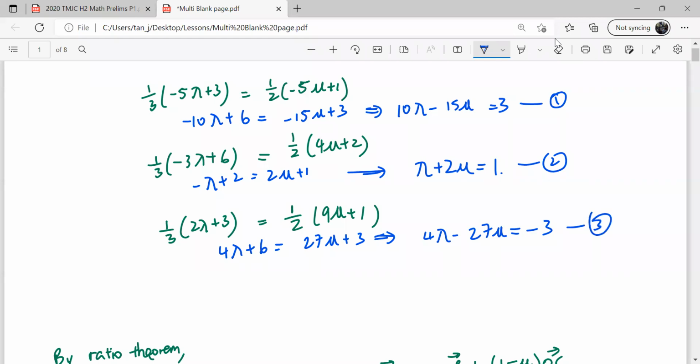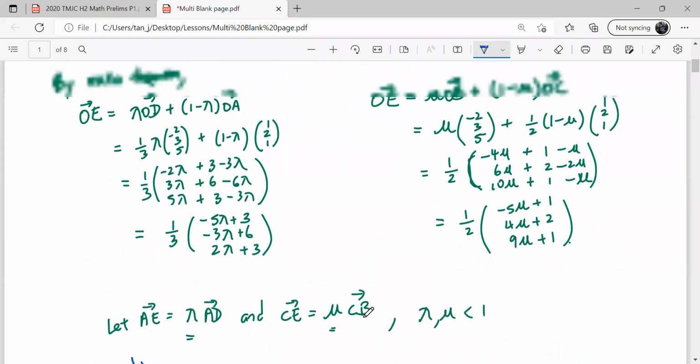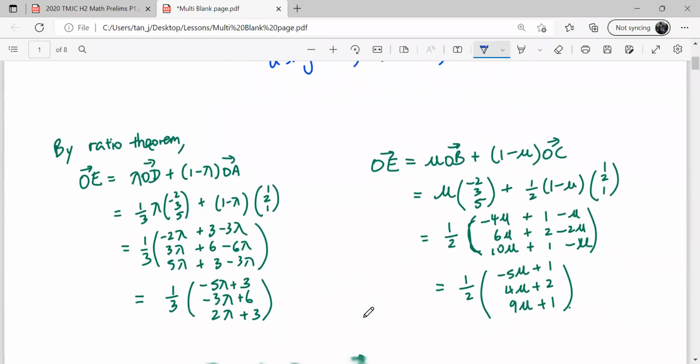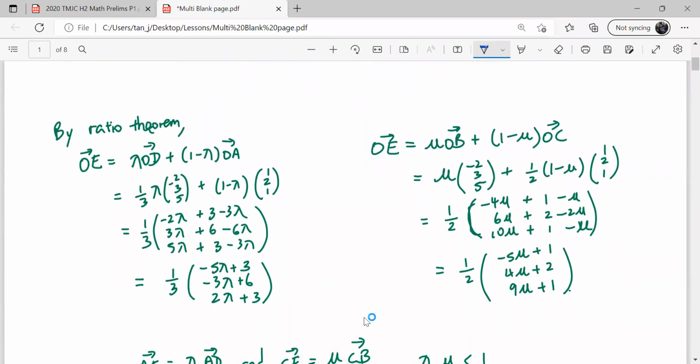So again, 3 equations, 3 unknowns: 10, minus 15, 3; 1, 2, 1; 4, minus 27, minus 3. Solve. So using GC, lambda equals 0.6, mu equals 0.2. Okay, so now with this, you can find OE. You can sub inside. We just use lambda 0.6. So OE